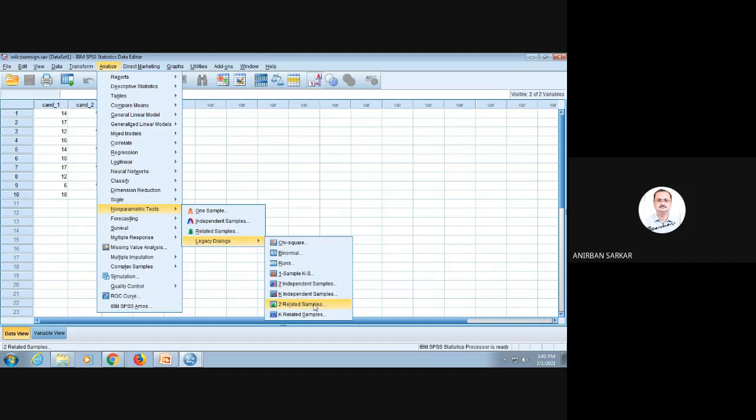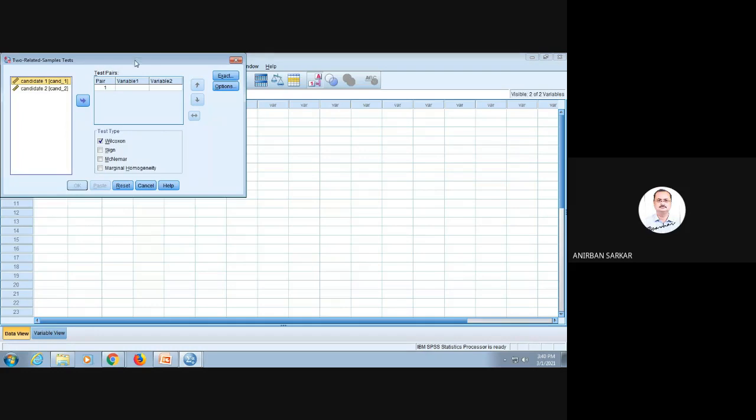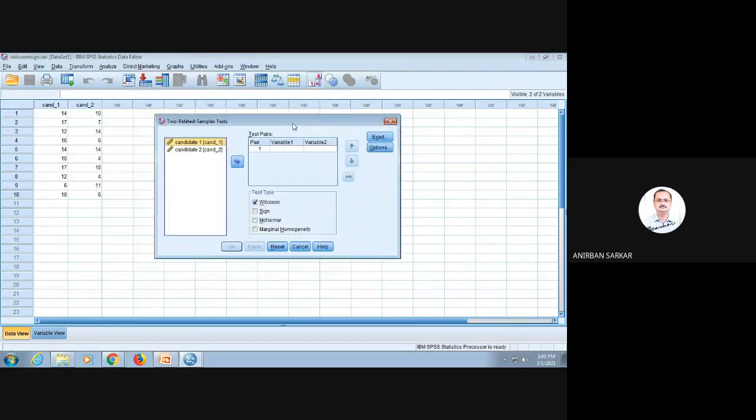So just go to Analyze, go to Non-parametric Tests, go to Legacy Dialogs. Within Legacy Dialogs, you will find Two Related Samples, because this is a related sample case and a two sample case. Therefore, we select Two Related Samples and you will get this dialog box. Now select the two variables at a time by holding Control and put them in the right-hand Test Pair box.